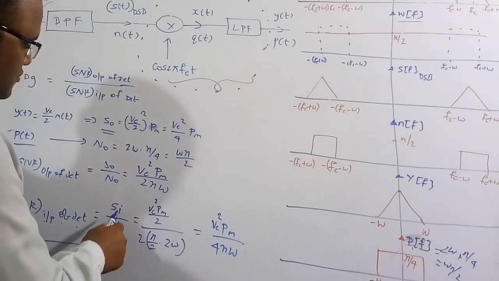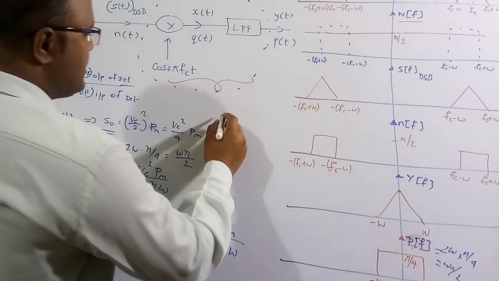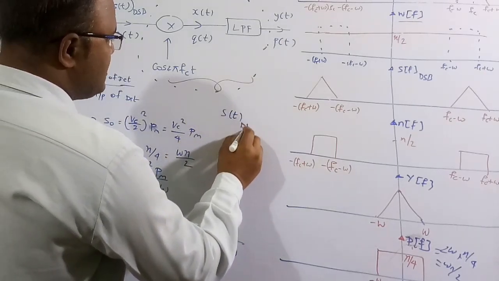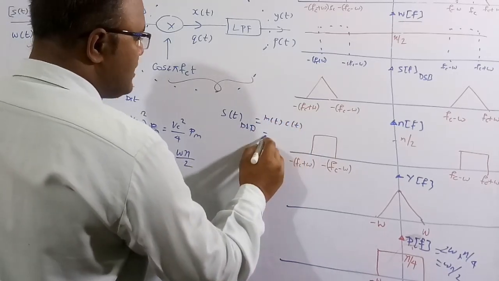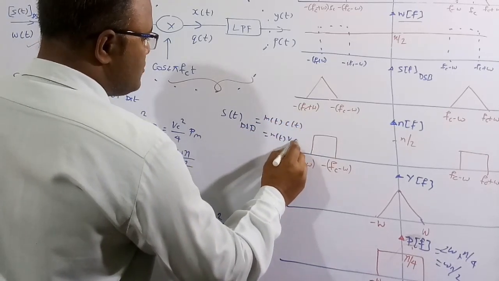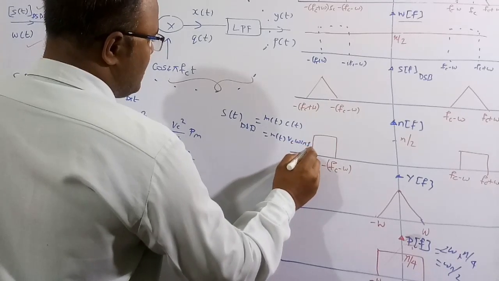So signal power. S of t DSB is equal to M of t into C of t, as I have already told in the previous example. C of t is Vc cos 2 pi fc t. So here,